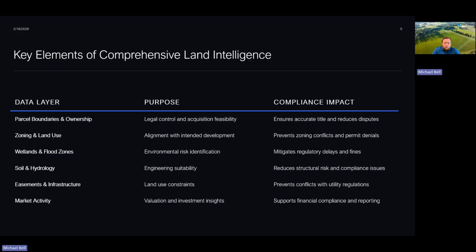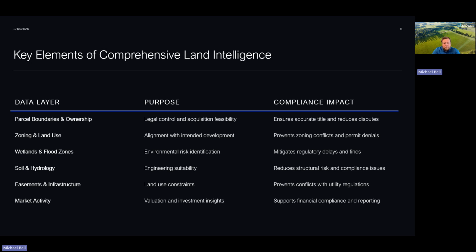Environmental layers include wetlands, flood zones, and protected habitats. These really highlight areas where development may trigger regulatory review or require mitigation measures. Soil composition, slope, and hydrology data inform engineering decisions, ensuring that sites are physically suitable for construction and long-term stability.